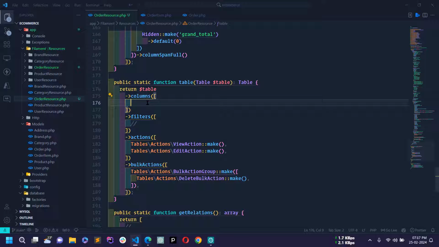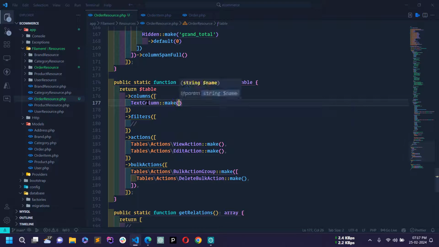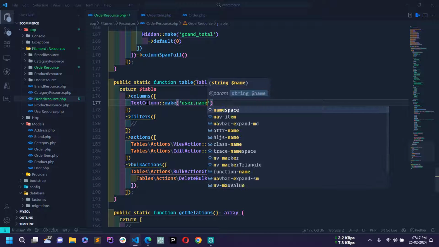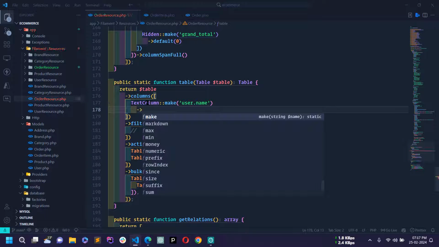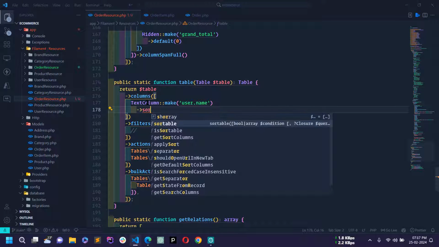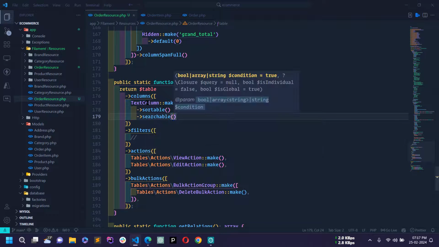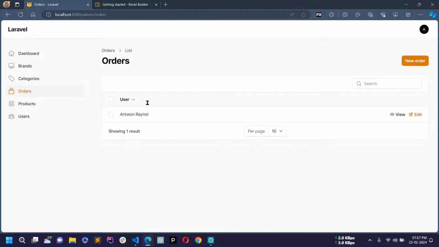So let me quickly use TextColumn. Okay, use make, and then I will display the username first. So I will write user. User is the name of the relation, and I will use name to display the customer name. And here I will use sortable, and also searchable. Okay, if I save this and go to the browser and reload, then here you can see